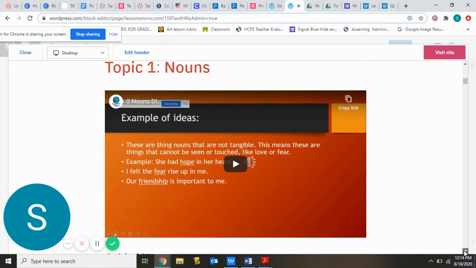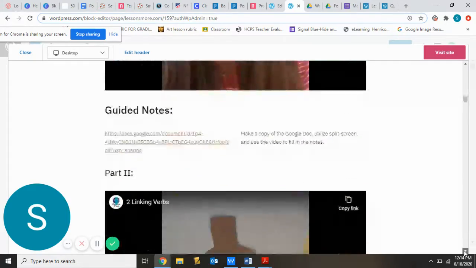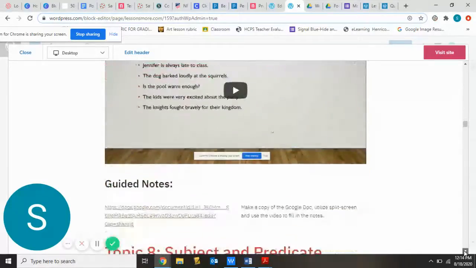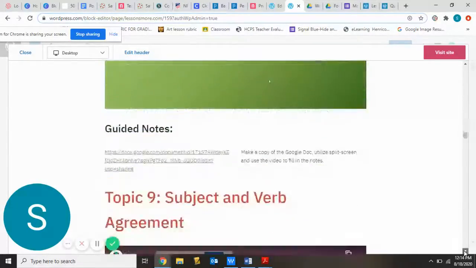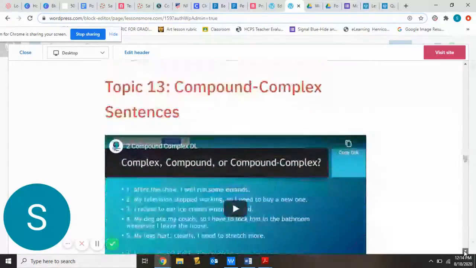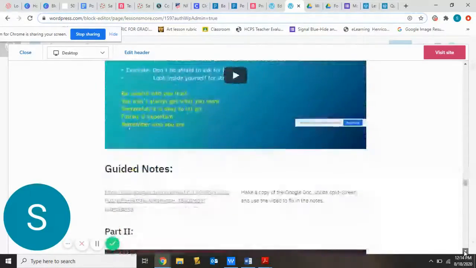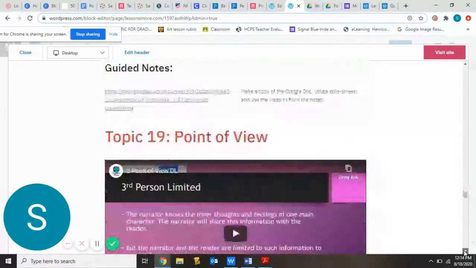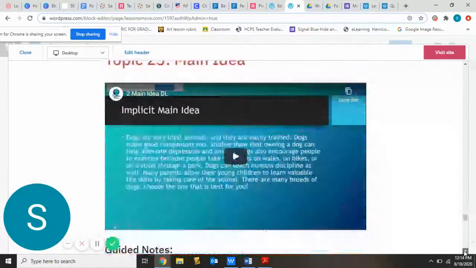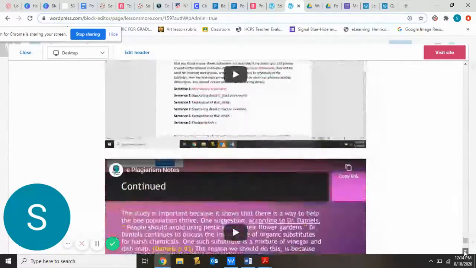So there's nouns with guided notes, pronouns, verbs. So it's all the parts of speech. Some of the videos are silly, and you could skip over some: subject, predicate, subject verb agreement, direct indirect object, compound, complex, basic comma rules, quotation marks, elements of fiction, characterization, point of view, figurative language, poetry terms, mood and tone with some connotation, main idea, basic text structures, apostrophes, writing thesis statements, plagiarism, and all